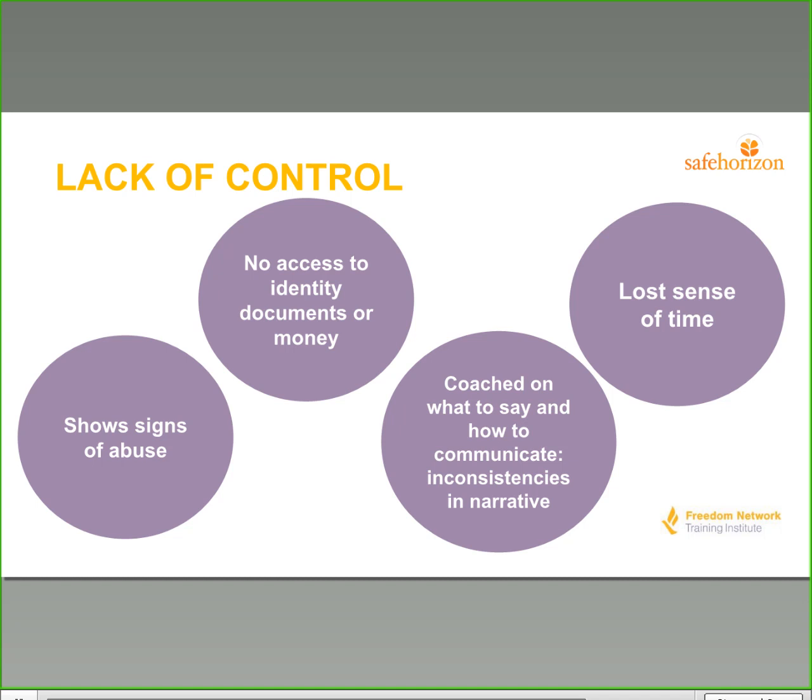Okay, and so these are some additional warning signs, you could call them, to look for when meeting with survivors of human trafficking. And again, I like that someone much earlier in the chat box had mentioned that there are a lot of similarities to domestic violence, and many of them are. So the one on the slide that I particularly want to highlight is survivors being coached on what to say and how to communicate. We've seen this several times, and there's an example that I have of someone who was being sex trafficked by her boyfriend and was even being supported in going to therapy and doctor's appointments,